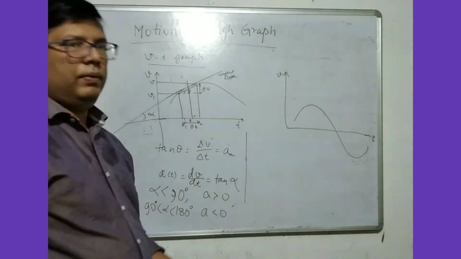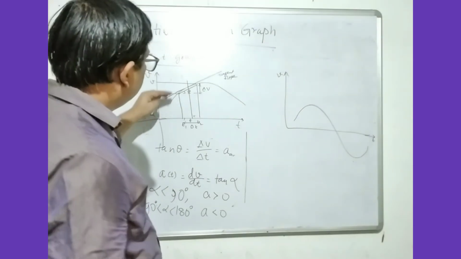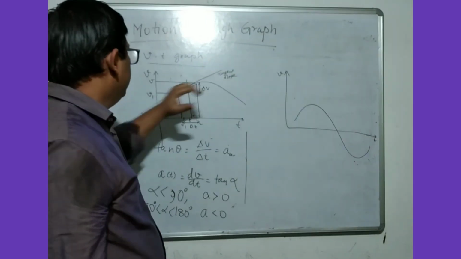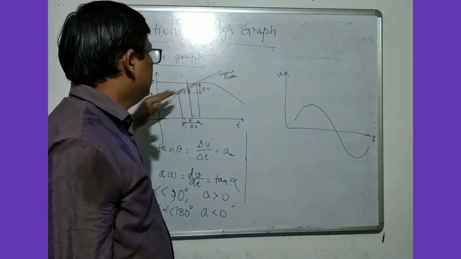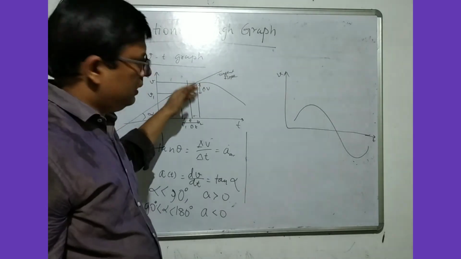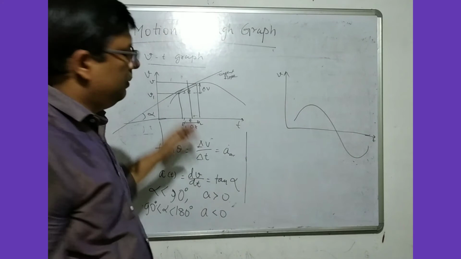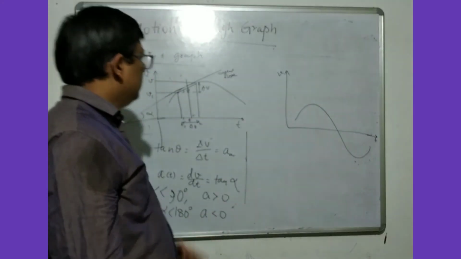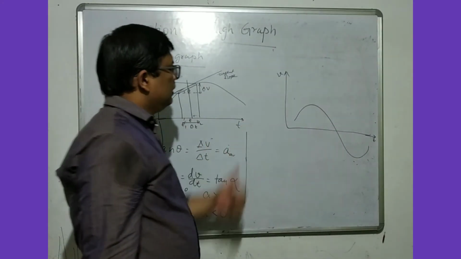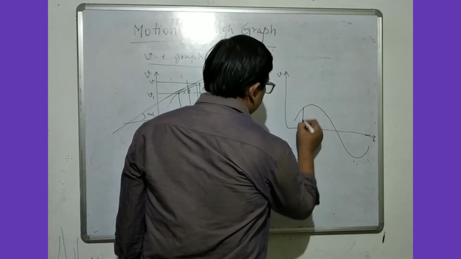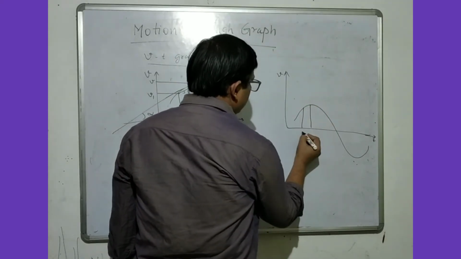In which quadrant tan alpha is negative, and from the slope you can see that it is going up. That means the velocity is increasing, so acceleration will be positive. Here velocity is coming down, so acceleration will be negative. So from the graph you can see the same thing. What is the other thing? That if we take